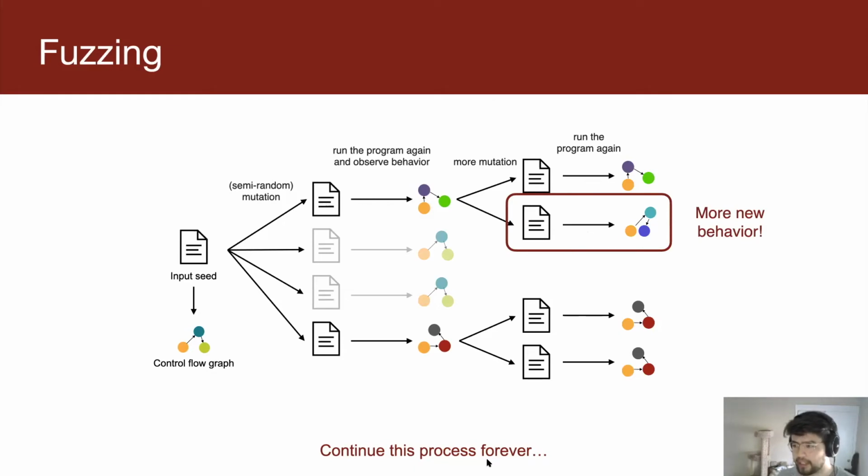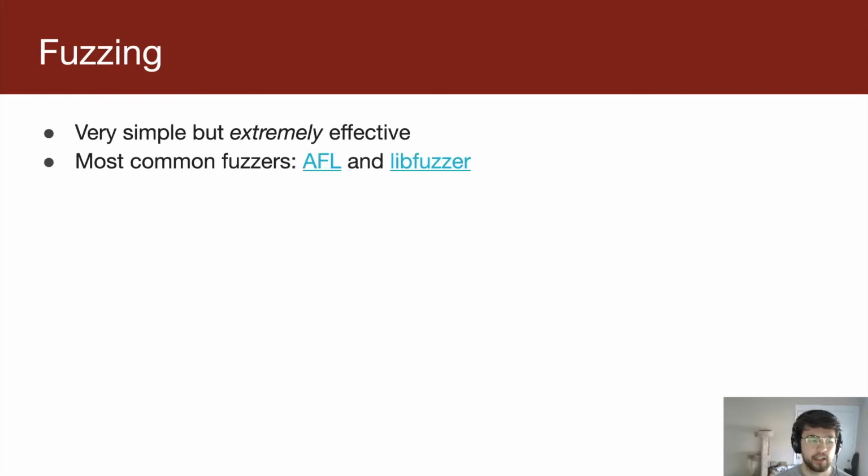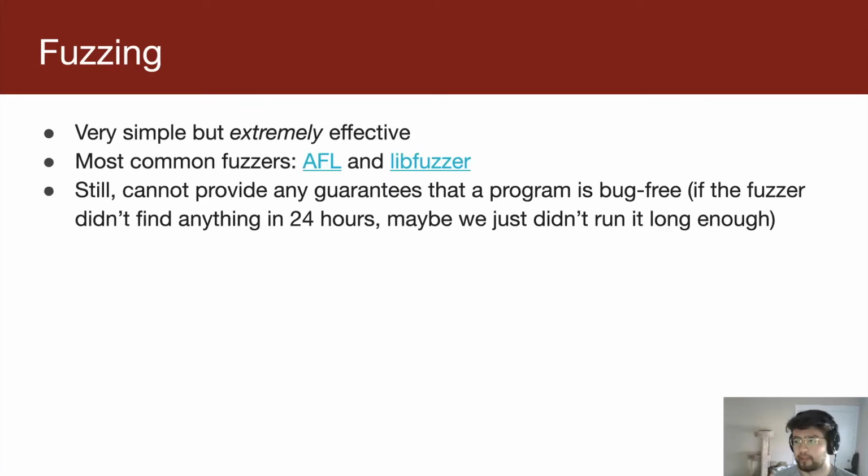And somebody asked, can you get any guarantees from running sanitizers? Fuzzing helps because it helps you discover weird inputs, but fuzzing does not solve the problem either, right? It's very simple in concept, and very, very effective. By the way, I think a majority of high profile security bugs in the last decade, particularly with open source software, have been discovered from fuzzing. Fuzzing is a very effective technique for finding bugs. Everyone should fuzz. It's not that hard, but it doesn't provide any guarantees that the program is bug-free,